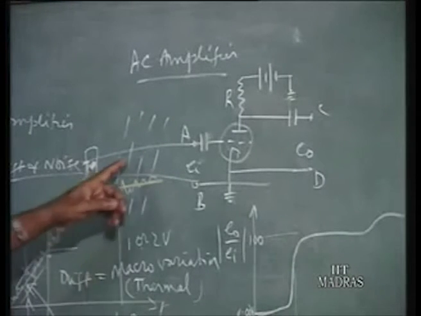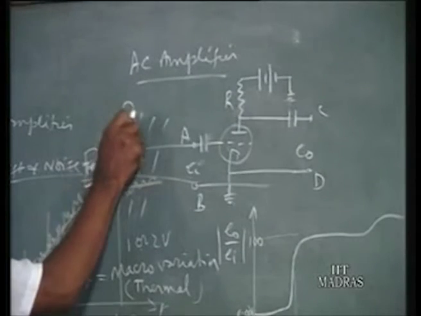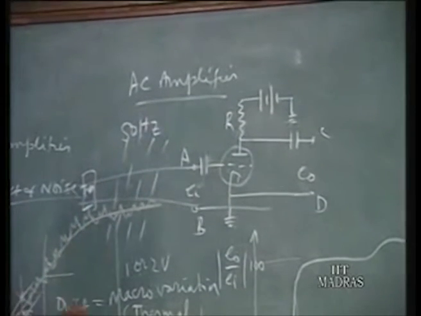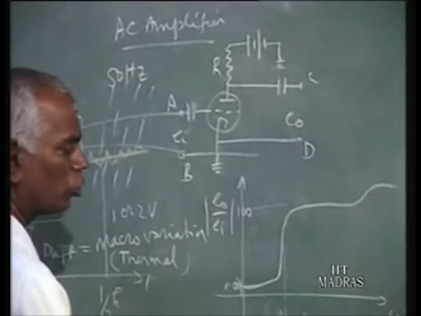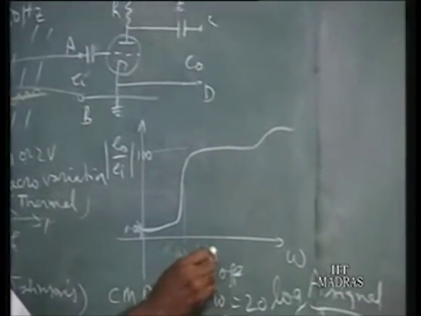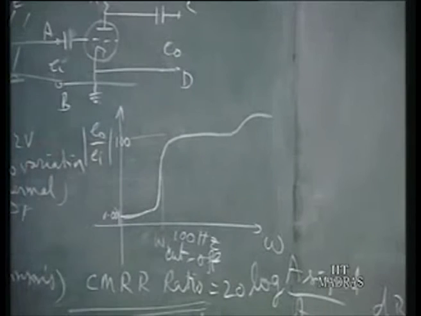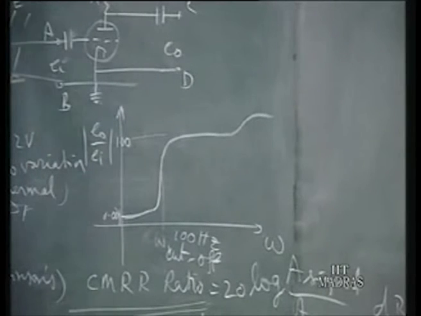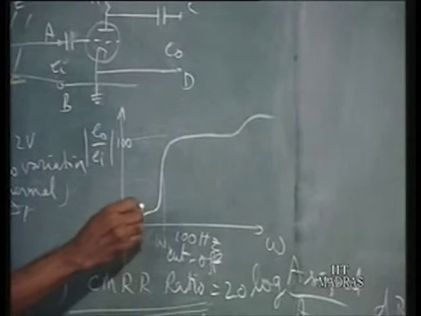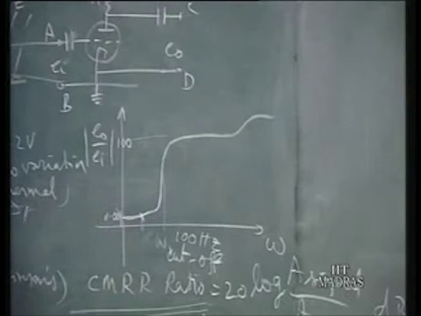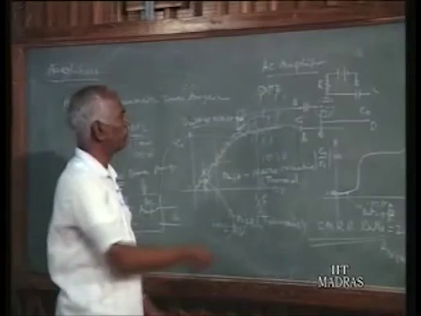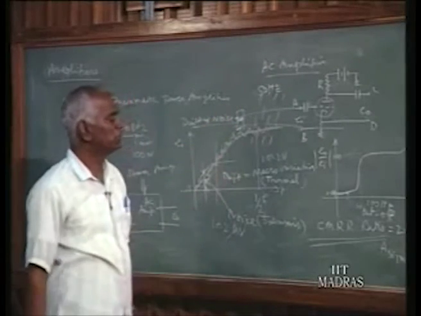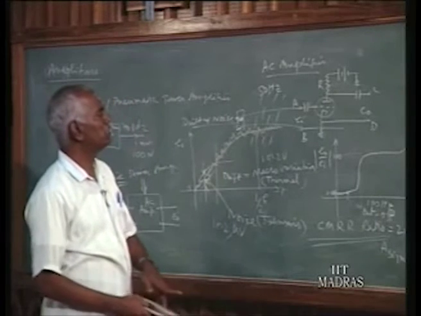Also, we find if it is of 50 hertz, when the amplifier is having omega cutoff corresponding to 100 hertz. Suppose the cutoff frequency for a particular amplifier is 100 hertz. Any error due to 50 hertz will be lying somewhere here, that will not be magnified at all. In such situations, we find the AC amplifier is more suitable. If it is a DC amplifier, this also will be amplified.